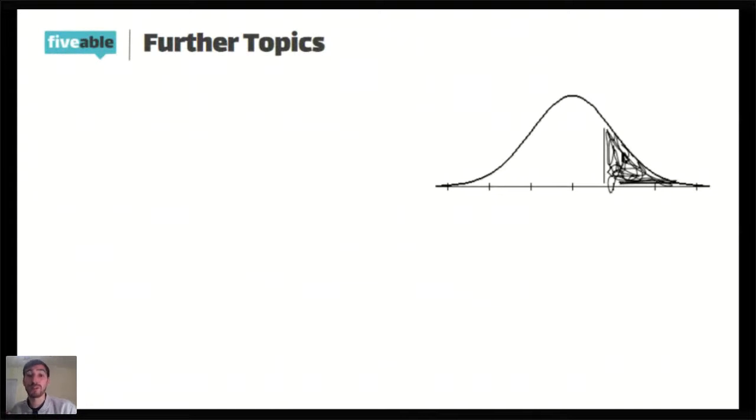Some further topics for hypothesis tests. We're going to do some t-tests next week. We're going to do chi-squared tests the week after that. But some other general topics that you should make sure that you find out about in your class, that we can cover in another stream, or I can stay and answer some questions about now, is they might ask you